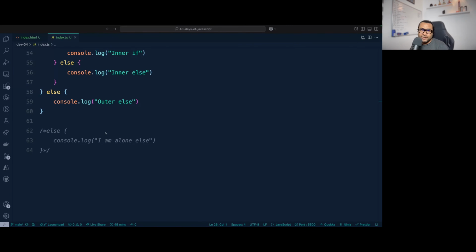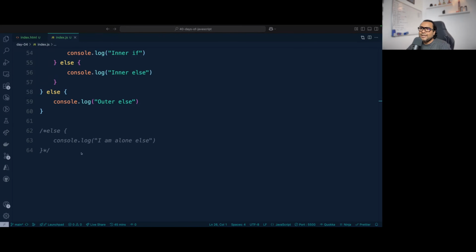If there are too many conditions based on a single value, I think instead of if else, you should go for switch case, which will work much faster. But first understand what switch case is, how to write it, and then we'll get into the discussion of how switch case can be much faster than if else in certain conditions, right? Not always, but in certain conditions for sure.